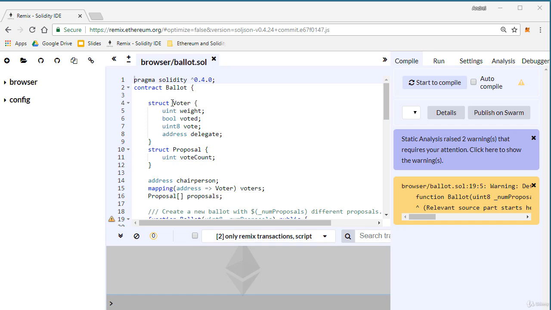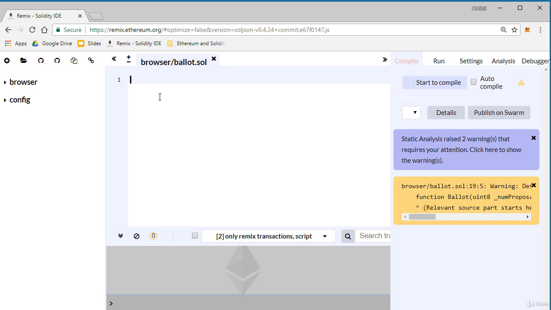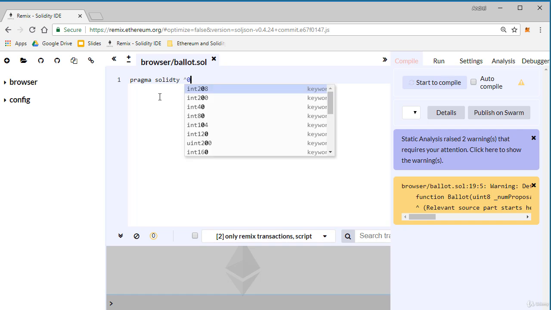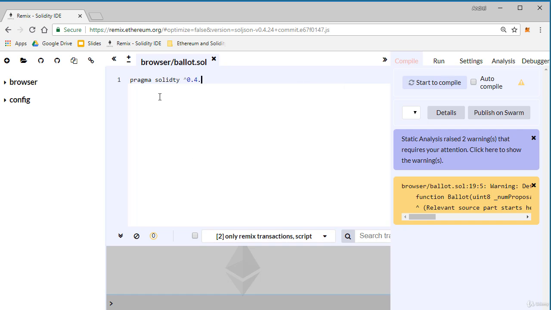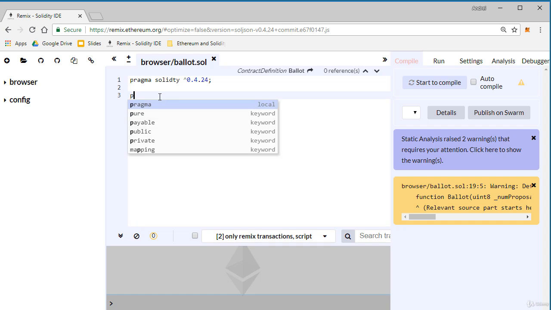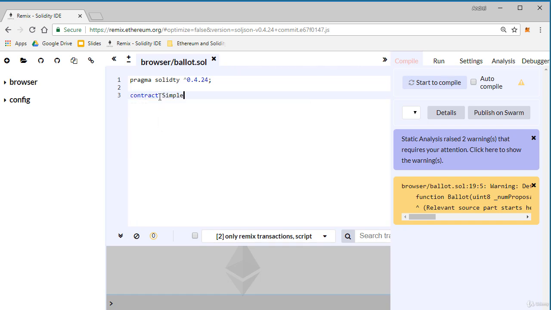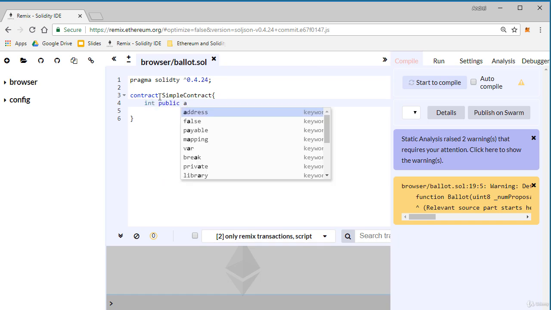When we first open the Remix editor, it shows us a sample smart contract. We can delete this sample. This is just an example. So I delete this sample smart contract and I will write my own simple smart contract. So pragma solidity, and the version of the compiler I am using, 0.4.24, and now contract, simple contract, curly braces, and now I declare a state variable, a public state variable, let's say simple age,